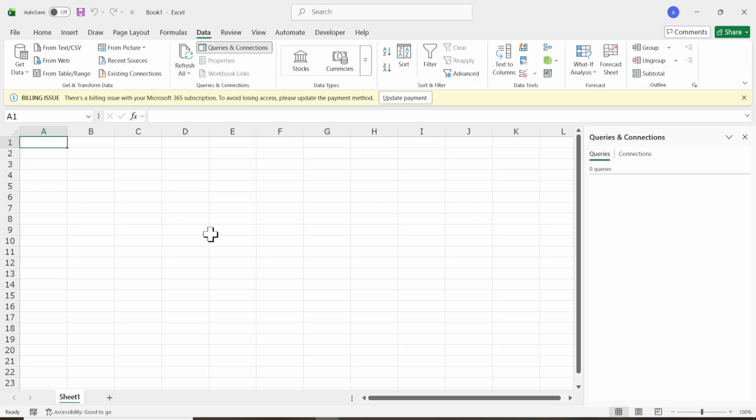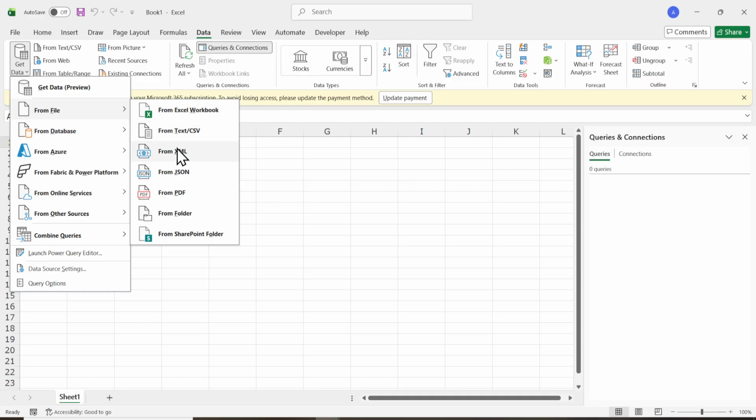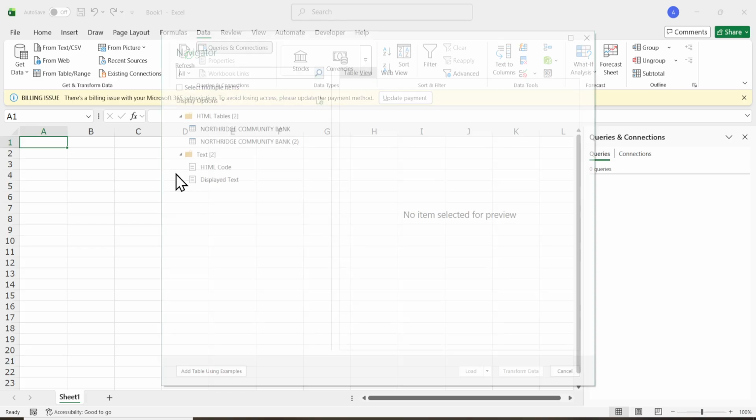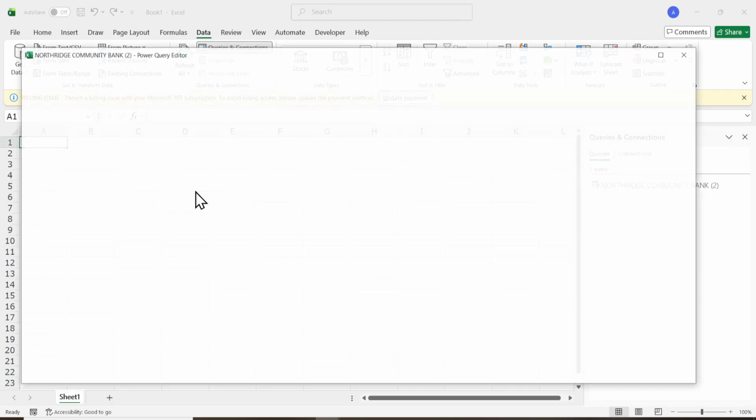You can also open the CSV in Google Sheets if you prefer. Open your browser and go to sheets.google.com. On the home page, click the blank spreadsheet tile to start a new document. Click File in the top left corner, then click Import. In the Import dialog, click the Upload tab, then click Browse, and select the bank statement march.csv file from your